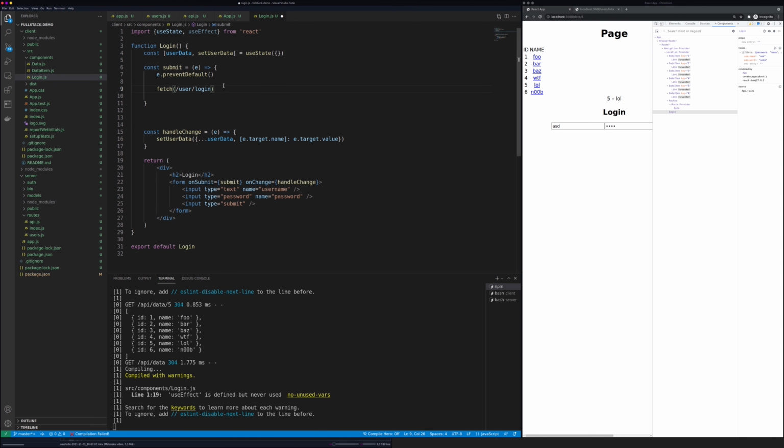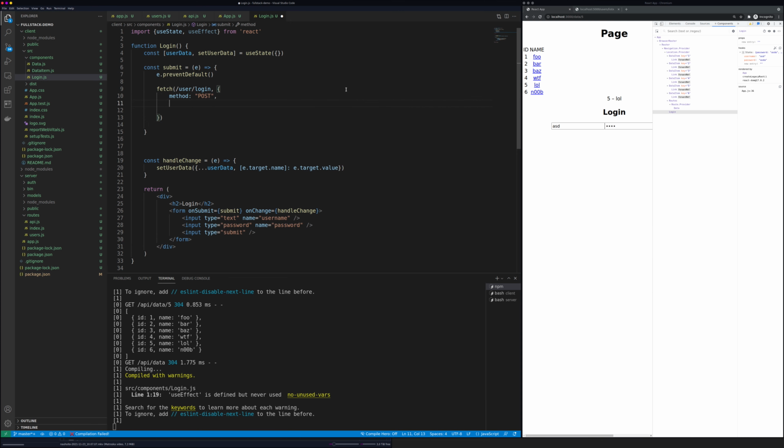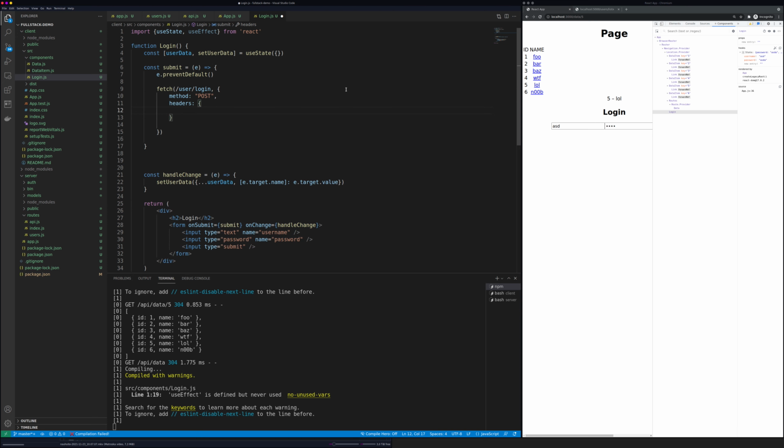There is no get, so we need to make a post call. Of course, we are sending data with the post call, so we need to keep some headers. First, we will decide that the method will be post. Then headers. We are sending content type, it's hard to write, I think, application/JSON. So JSON is what we are sending,